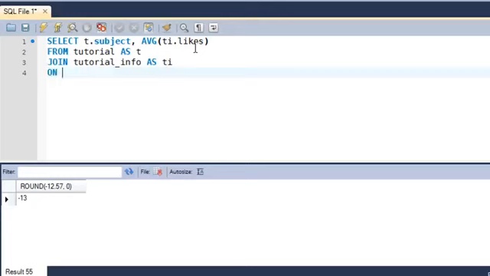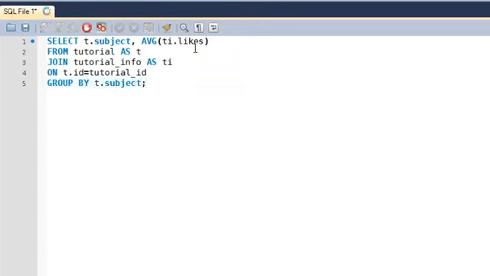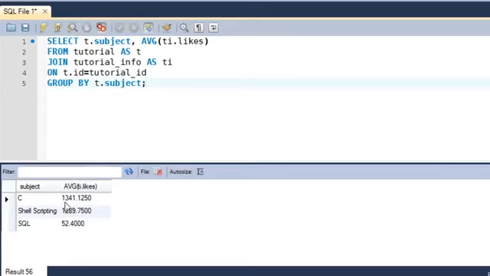Of course the on clause and the condition, which is t.id equals tutorial underscore id. Then I'll also have to put in group by, since I want data to be grouped by subject, so t.subject would go in there, put a semicolon to terminate the statement, and there you go,